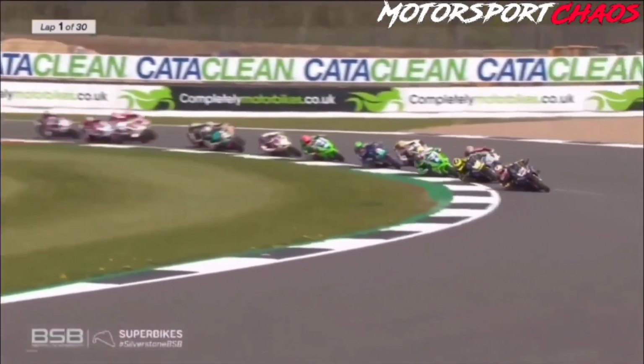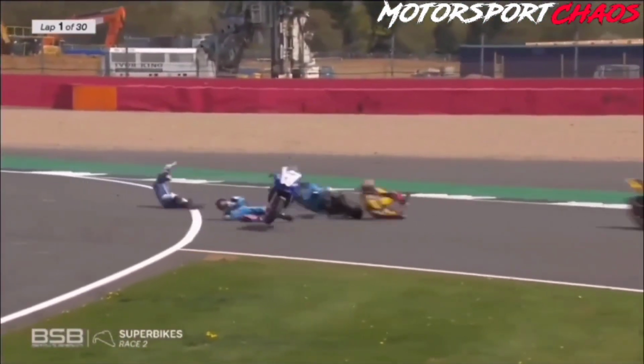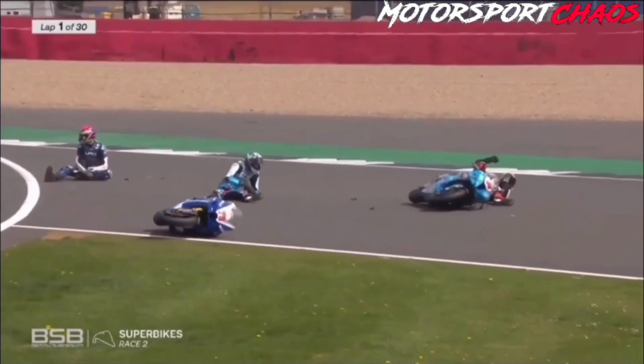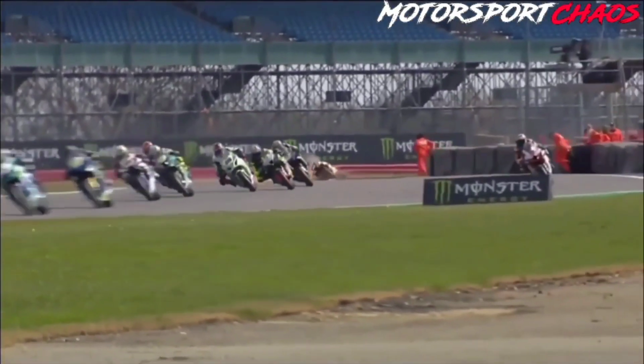Becketts we go, and it is still the two MG Yamahas, and there's drama at the back there. Storm Stacey, is that Luke Mossey as well as Dan Jones? Well, that's a nasty crash. Certainly, yeah, one of them ones that's going to